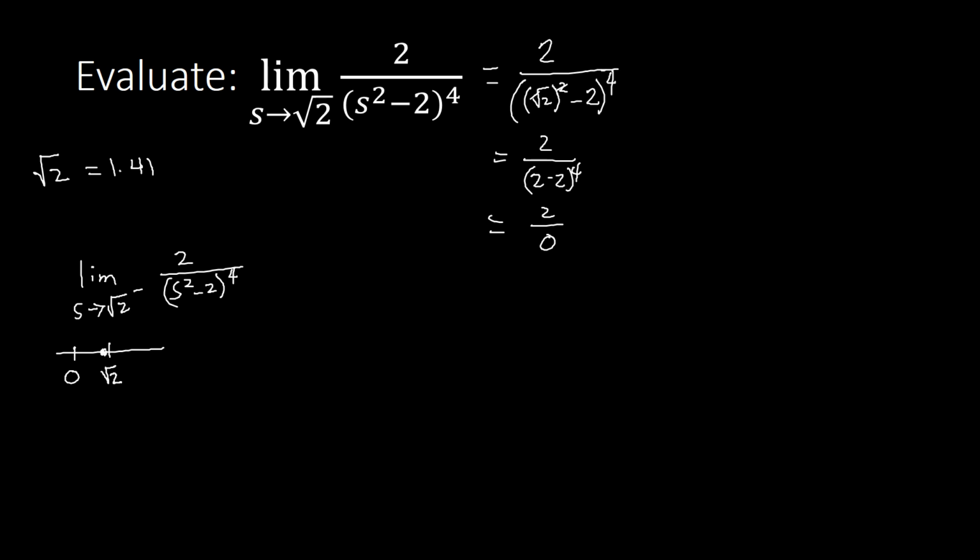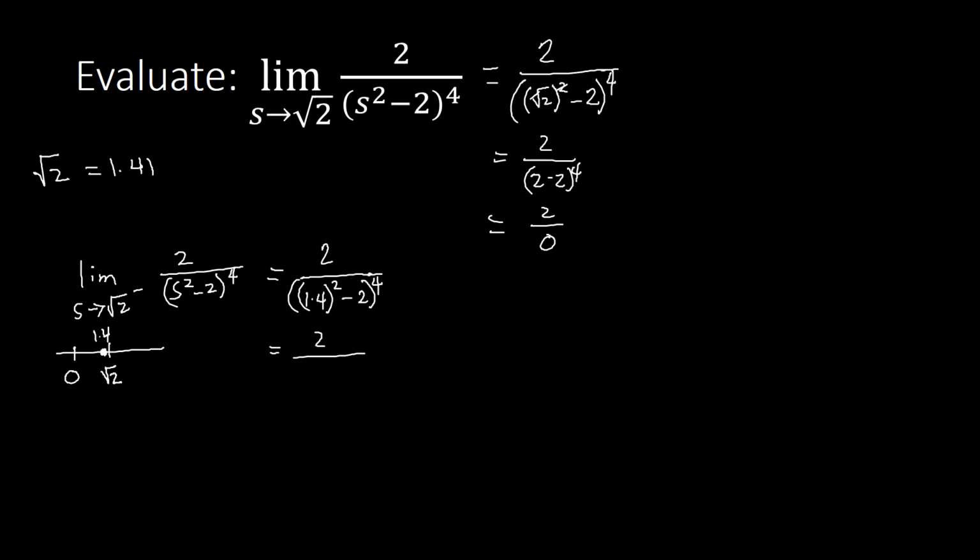I think that is the closest one to our square root of 2. We'll be considering a 1.4. So substituting our s there with 1.4, this is now 2 over (1.4 squared minus 2) raised to the power of 4. Simplifying that, this is now 2 over 1.4